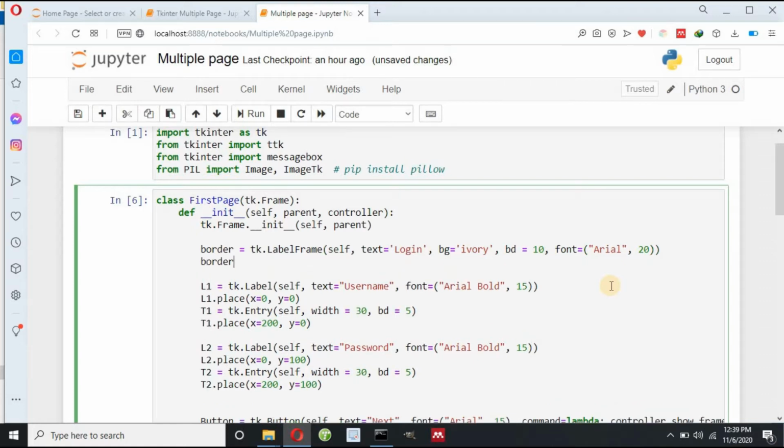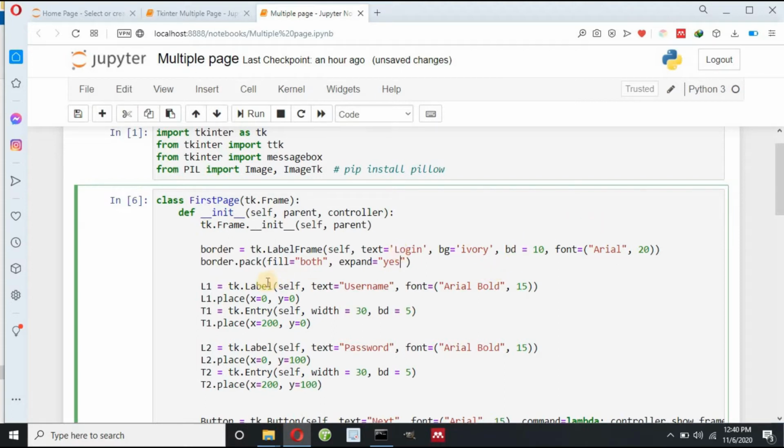Now I need to define the position where this border should be placed. I can write pack method, border pack fill equals to both, expand equals to, I can write yes.